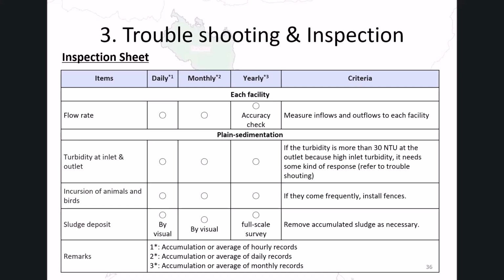The columns for daily, weekly, and monthly checks guide operators on how frequently each item should be observed. This creates a structured habit of monitoring rather than depending on memory or experience. The monthly data will be the accumulation of daily summarized data, while yearly data will be created in the same way from the monthly data. In this inspection sheet, the criteria for each item are introduced, and the details are found in the manual, in the part on confirmation points and control measures.